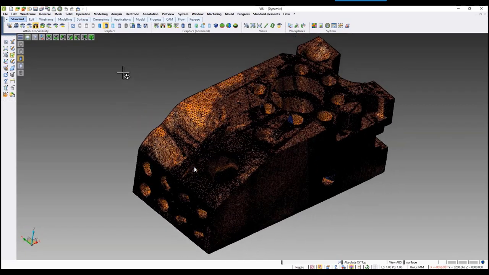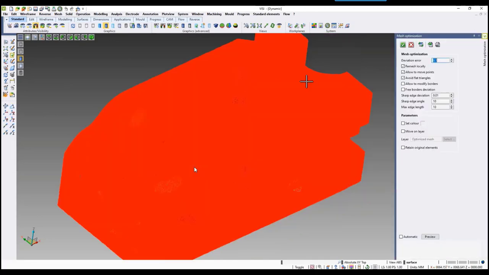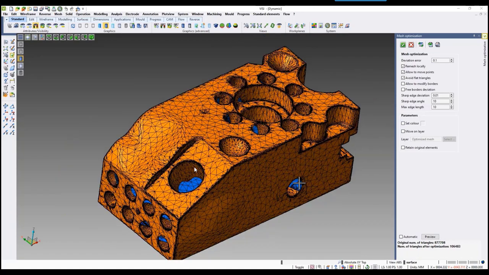We have different triangle mesh areas that may not be so ideal. So we can use the mesh optimization to start cleaning that up. If we do the initial selection here, you can hit preview, and we can let the system try to define the amount of triangles on plain areas and on, let's say, more complex blended areas. So you can see how it reduces the amount of triangles in relevance to certain areas